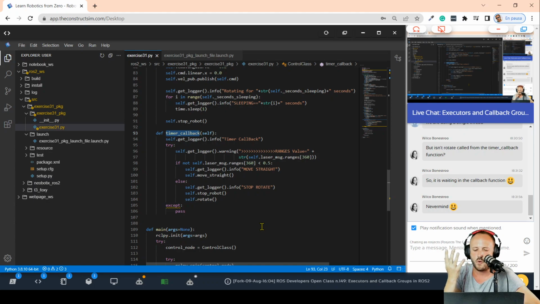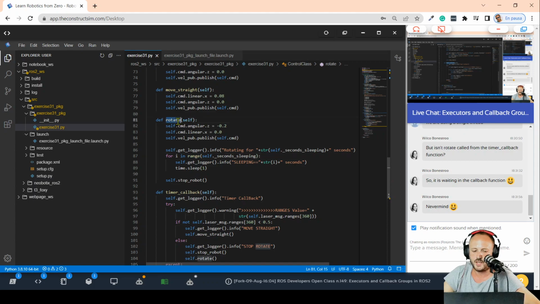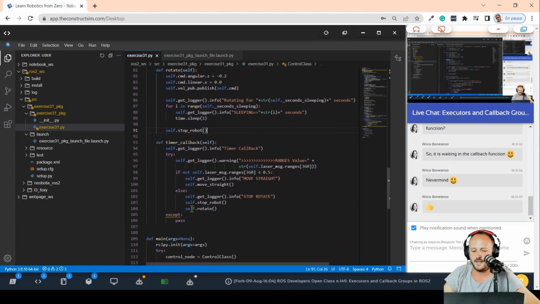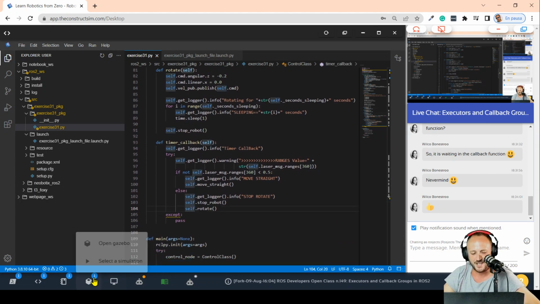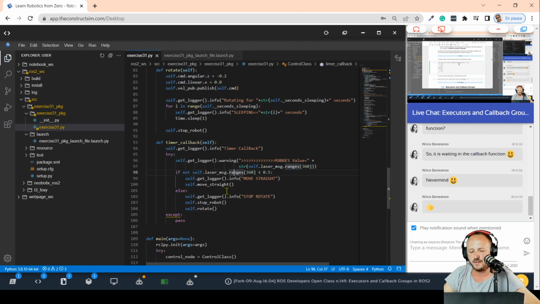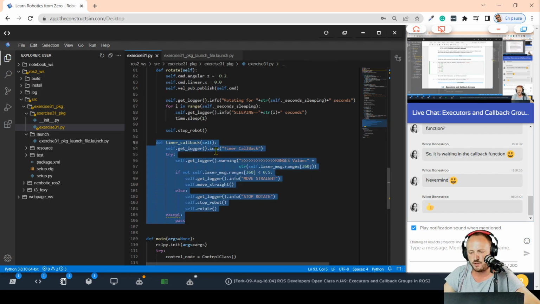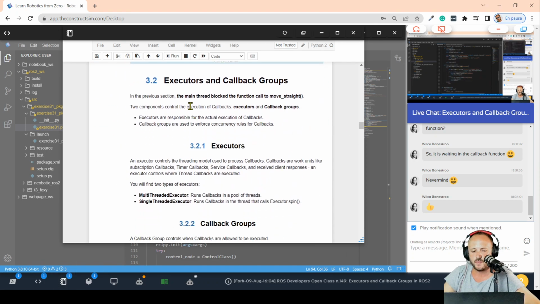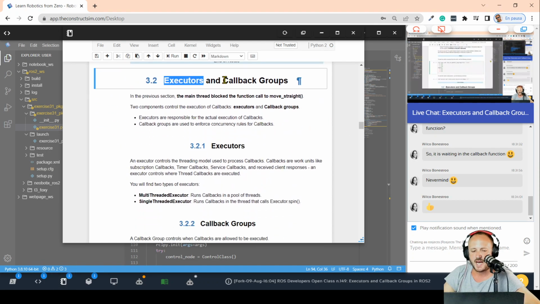So the flow of my program is being blocked by this rotate function, okay? And this is not good, as you can imagine. Then, in order to handle this type of situation, in ROS2, we can make use of executors and callback